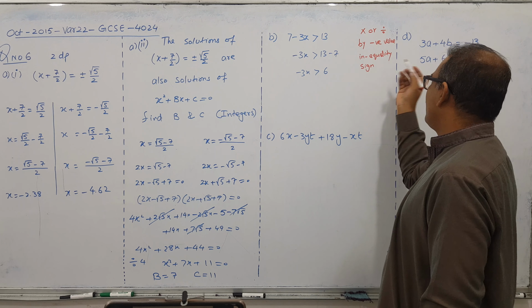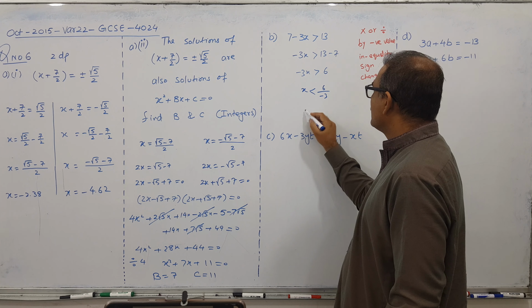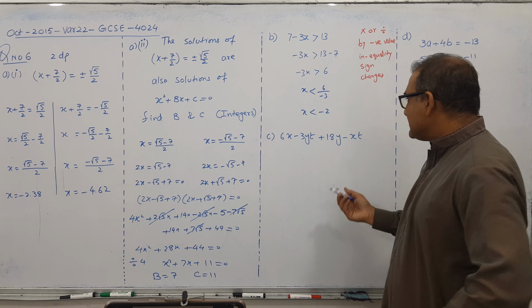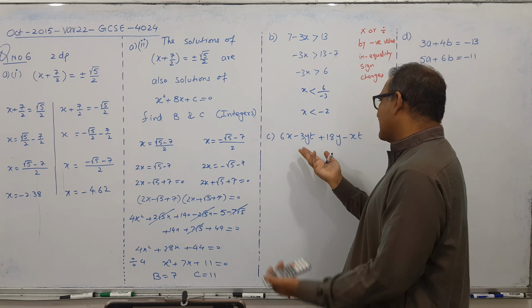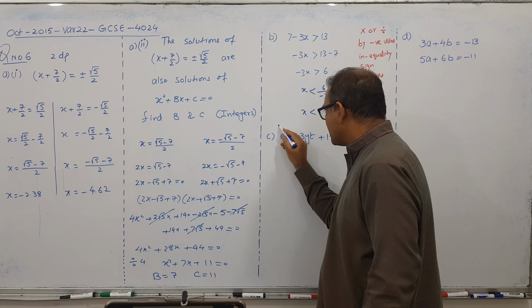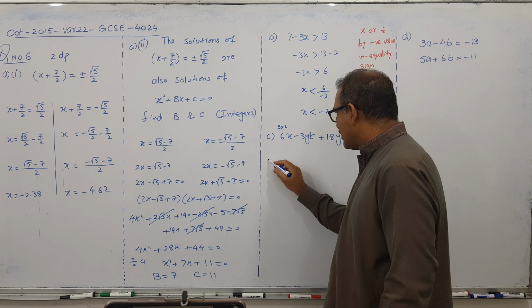Sign changes, so this is the reason behind it. Because minus 3 is coming down, so 6 by minus 3, it will change. That's it, and the answer will come like this. Okay, this is easy. Some students bring this term there and solve it. I can solve directly even, no problem. Here 6 and 3. What is 6? 6 means 3 times 2, 6. So 3 match, so 3 gone.